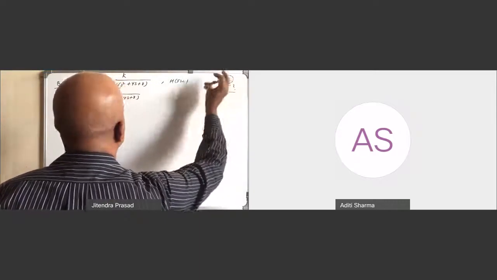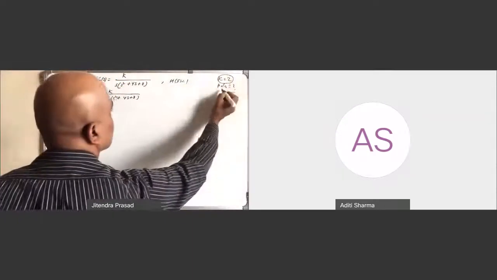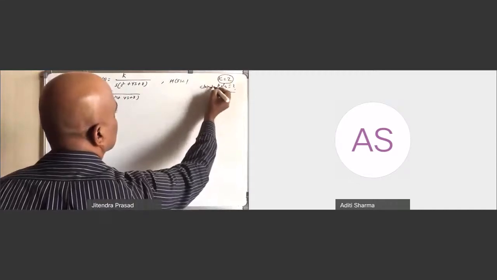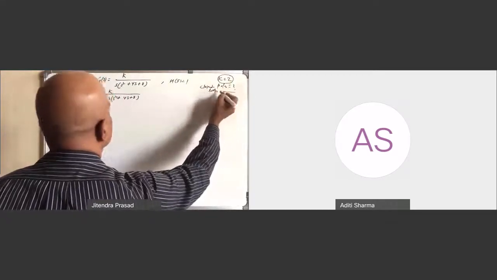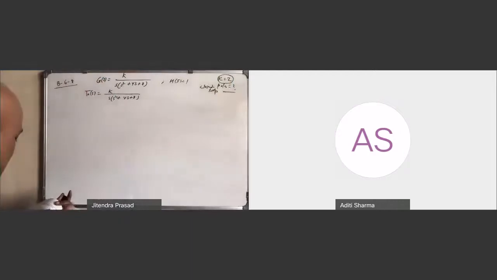So for the closed loop, the closed loop poles. Okay. So K over s square plus 4s plus 8. Okay. Now